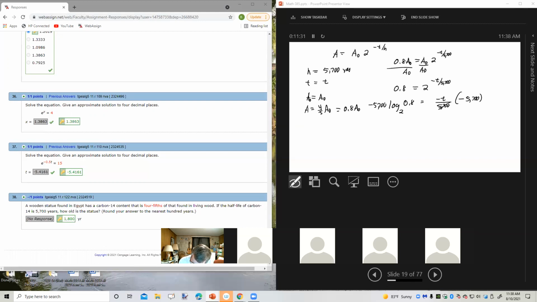On the right side, the 5,700s go and the double negative goes. So I have T on the right side. I'm going to write that over on the left side now. So T equals negative 5,700. I'm going to go ahead and use the change of base formula right away, and that will take me to my answer. So I'm going to have negative 5,700 log of 0.8, close it up, divided by log of 2, close it up, and I get